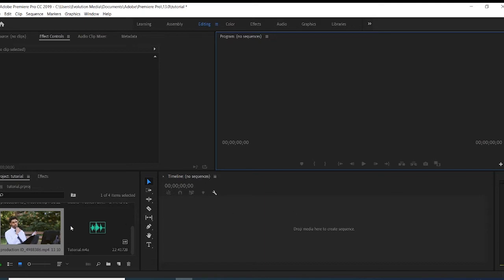So to create a sequence, it's very important to create the right sequence. If you bring a landscape video here without creating your sequence, it will give you a landscape sequence. And if you bring a portrait video here the first time, it will give you a portrait sequence as well. So you want to be sure of the video that you are going to bring here. You have to bring a very good video that has a standard 1920 by 1080. That's the video you want to bring.